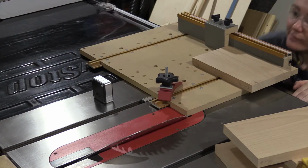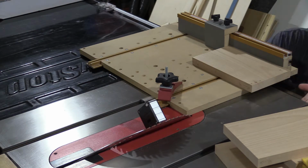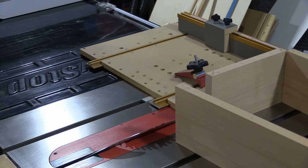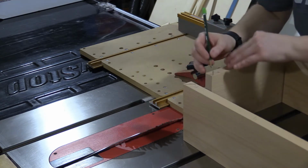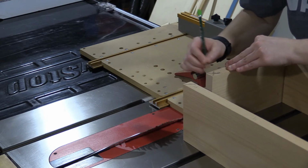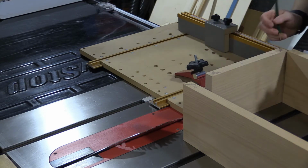And then after I set up my blade, I decided I really better mark out which direction the miters are going to go, because again, I could see myself grabbing the board and just cutting the miter the wrong direction. So taking a few extra minutes to make sure that I mark stuff out has definitely saved me some valuable lumber. Notice that I even drew that miter the wrong direction the first time, so sometimes miters kind of make